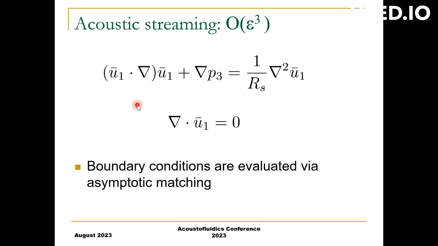This is the nonlinear acoustic streaming part at the third order of epsilon. U1 is the two-dimensional time average vector velocity. P3 is the pressure, and RS is the streaming Reynolds number. The boundary conditions are evaluated through asymptotic matching